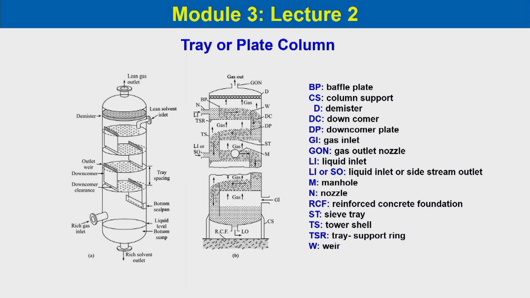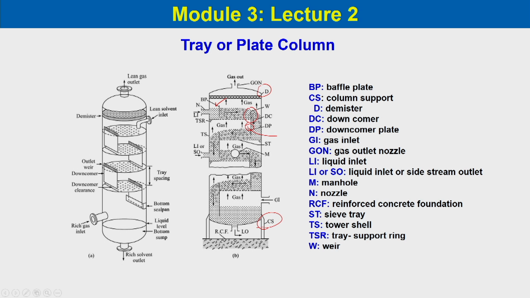You can see this is a typical look of tray column. As you can see in this column, you have the different terms used over here, already written over here. BP represents the baffle plate over here, and we have column support which is over here. Then we have demister which over here, and then downcomer DC is over here where the liquid comes down. We will discuss more about it, downcomer. Then downcomer plate. So, here this is downcomer plate,